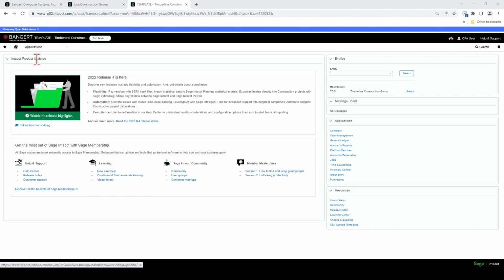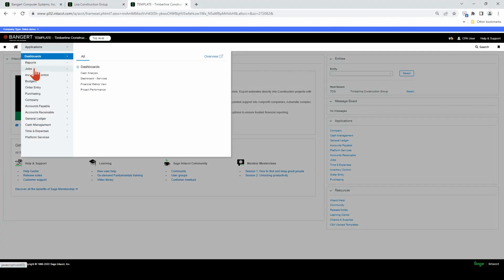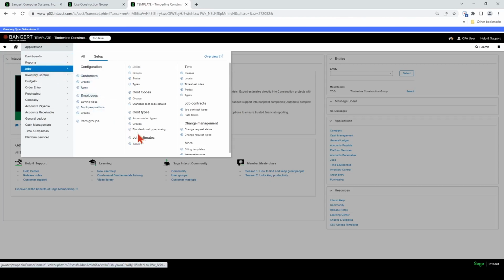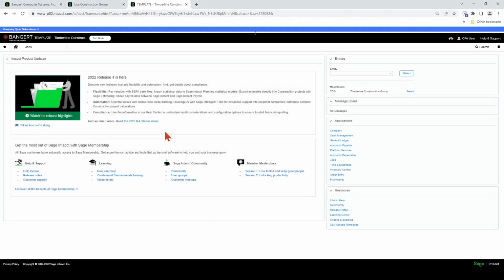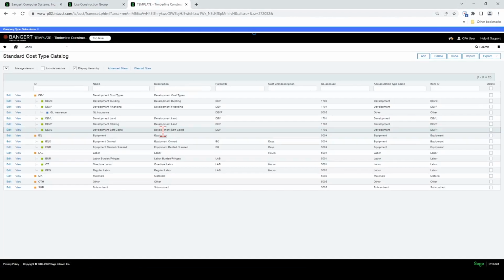Just to show you some that have already been set up, you can get a visual. We're going to go to the standard cost type catalog. This is the list of where your standard cost types would be.